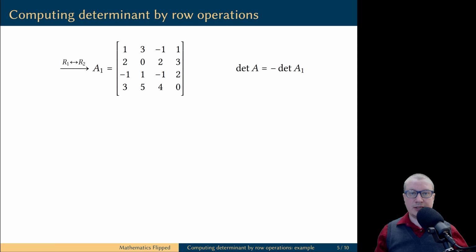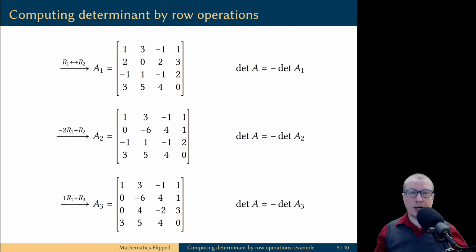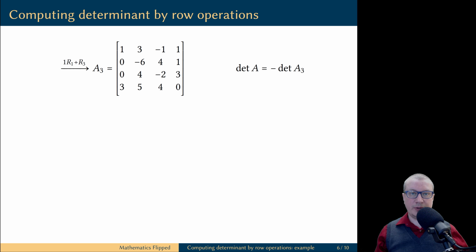Next, we're going to use a sequence of row replacement operations to produce zeros below the leading one in row 1. First, we multiply row 1 by -2 and add the result to row 2, the new matrix I'm going to call A2, and compared to the matrix A1, the determinant did not change. Therefore, the determinant of the original matrix A is negative determinant of the matrix A2. Next, we multiply row 1 by 1, add the result to row 3. We get the matrix A3, and its determinant is equal to the determinant of the matrix A2. This is just a carryover of the last operation from the previous slide.